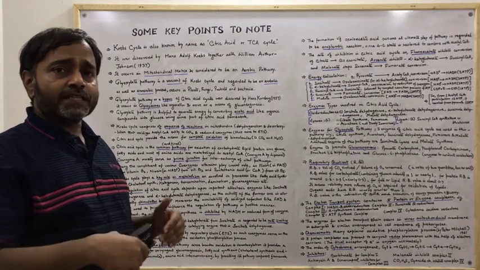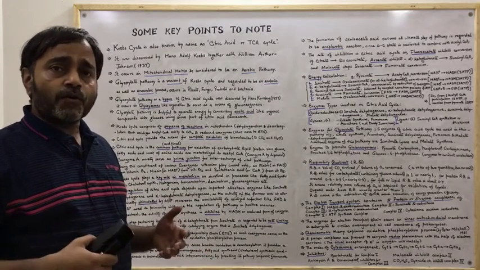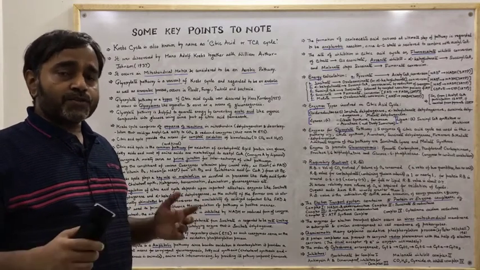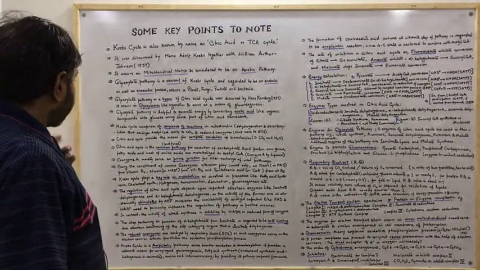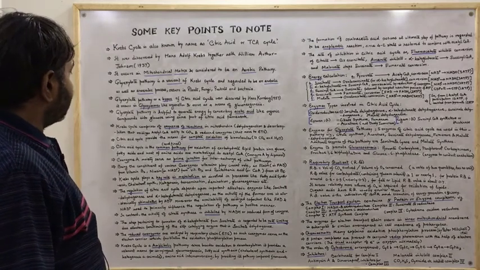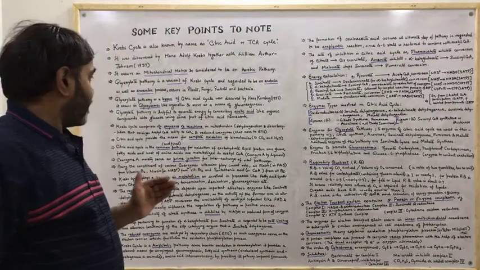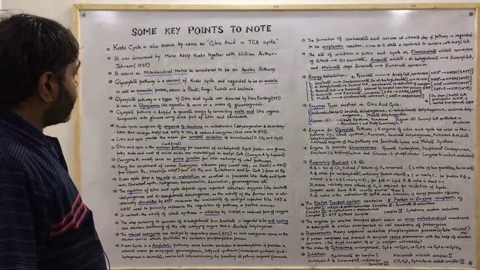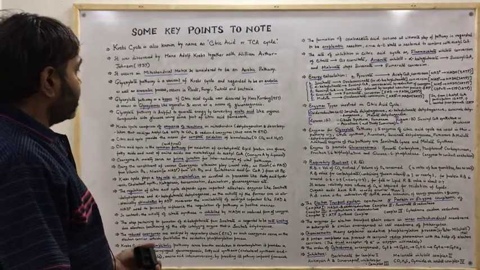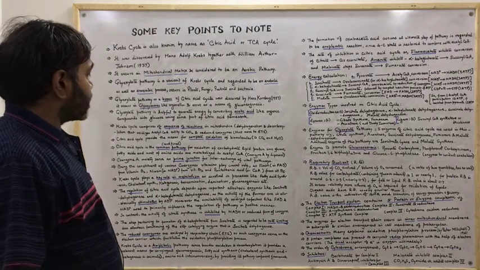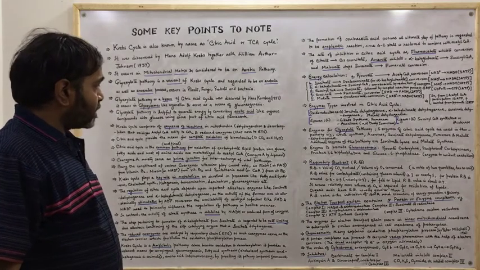That's why most of the things get converted into acetyl-CoA and finally get oxidized completely. So we should remember this point. Now what's the next point? Citric acid cycle is the common pathway, or you can say the final pathway, for the oxidation of carbohydrate, lipid, protein. Glucose, fatty acids, and most of the amino acids are metabolized to acetyl-CoA.